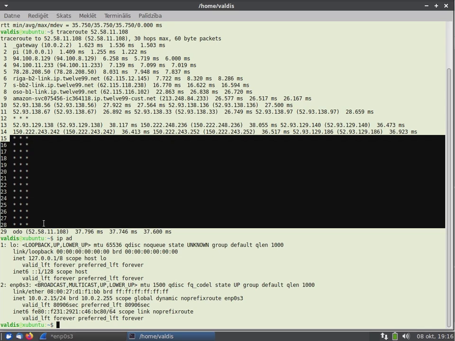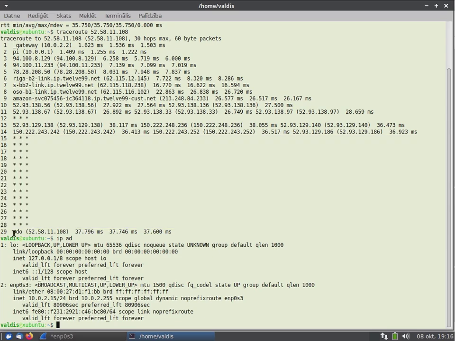So somewhere here I think we are in the internal network of Amazon. Again, we see many routers do not respond at all, and finally here we see that the Odo server responded back.